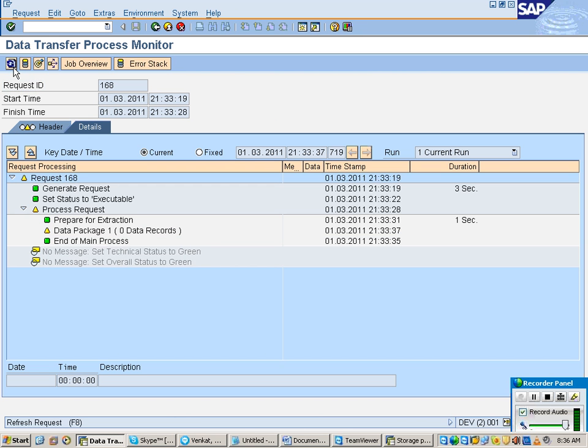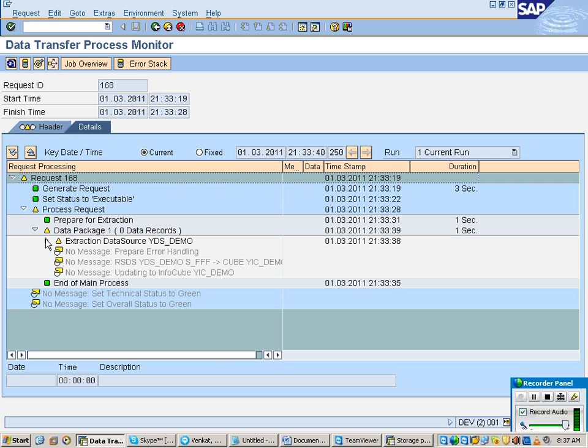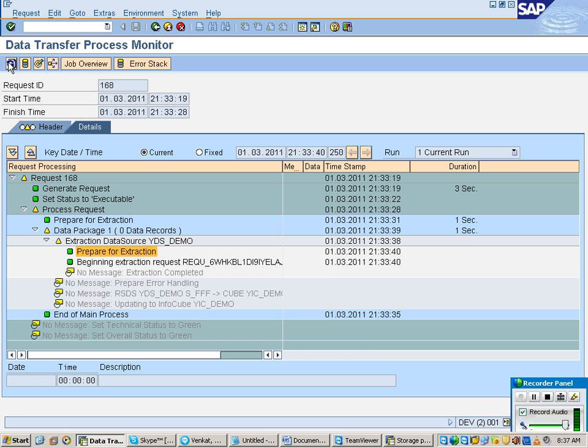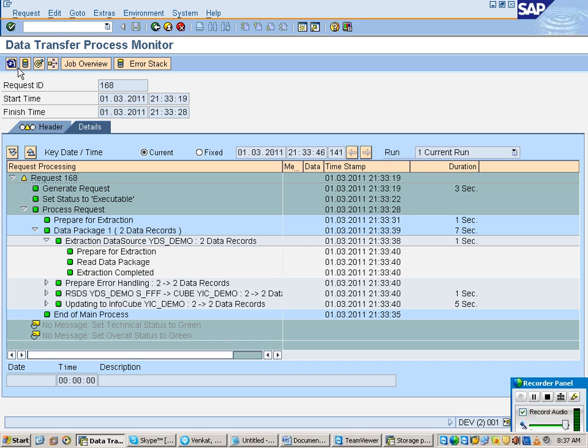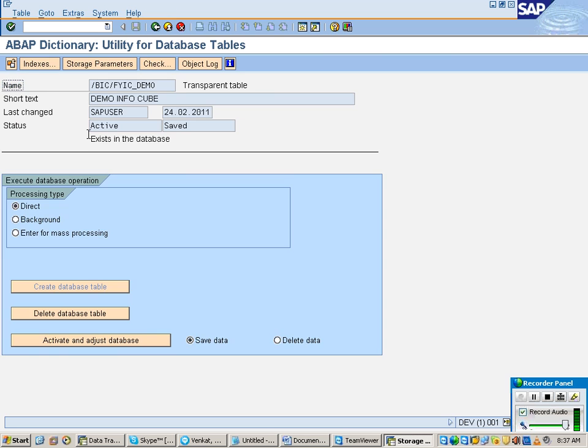Yes. You know extraction, how many records are being extracted now? The 2 records are being extracted. Load is successful. Now if you want, you can look at your partitions. How many should be there now? Earlier it was 2. Now it should be 3, right?